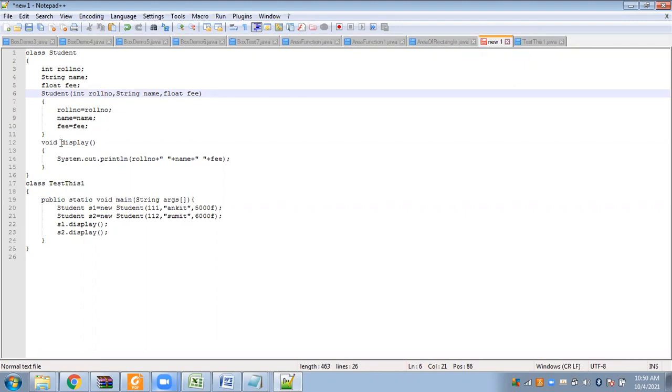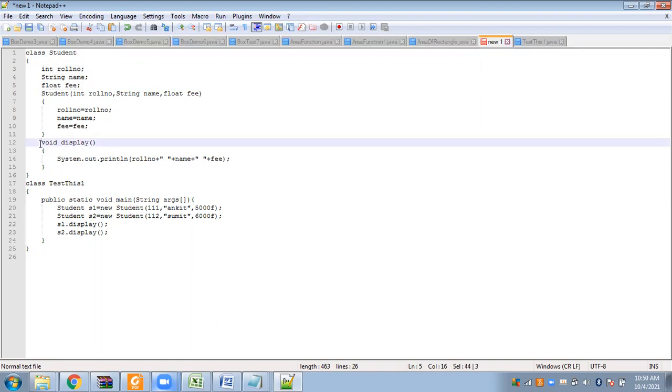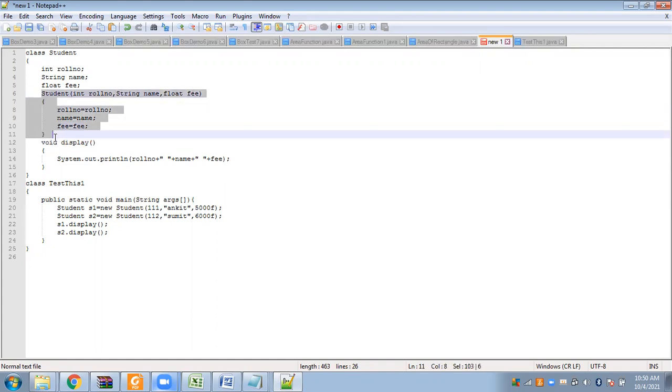Then we have the display method, which will display the details of the variables. That is what we have inside this student class: the three instance variables, a member function display to display the output, and a parameterized constructor to initialize the object when it is created.